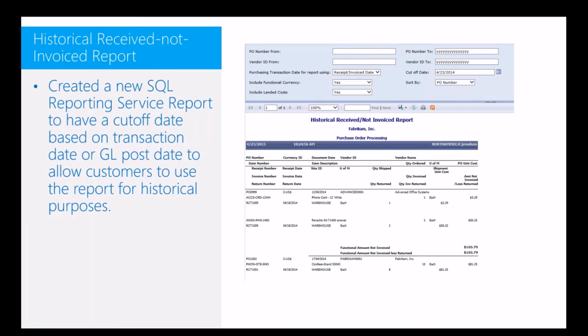The next area of emphasis is distribution. They've added a new SQL Reporting Services report with a cutoff date based on the transaction date or the GL post date, to allow your customers to report for historical purposes. That's the nice thing: now they can go in and report, in this report at least, for the historical received not invoiced report. Up to this point, if you wanted to go back in time and find out whether it was invoiced